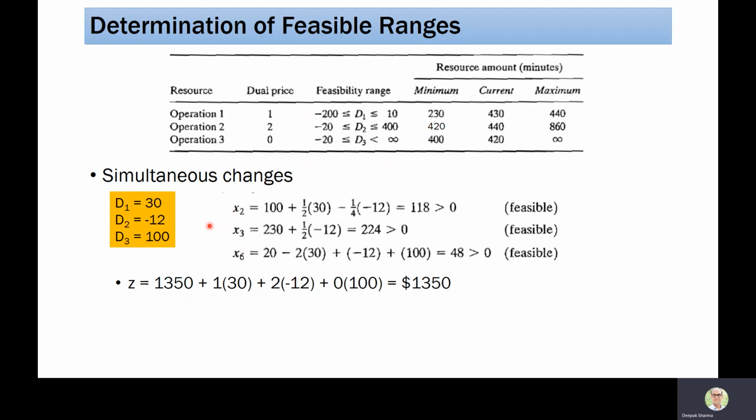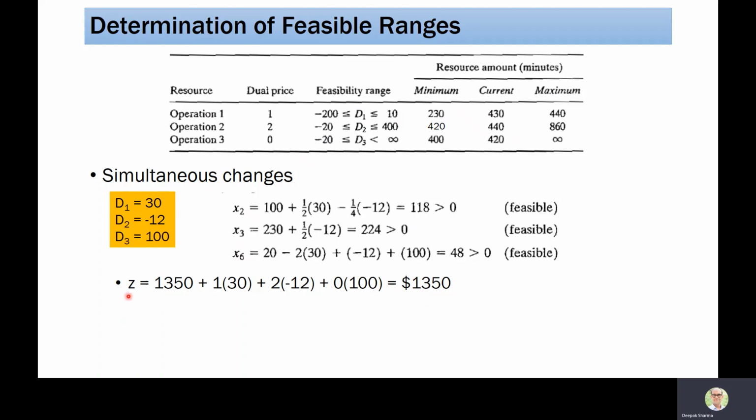But when I'm putting these D1, D2, D3 values, you can see the X2, X3, X4 values, all of them are feasible and there is a Z value we can calculate. So as I said, these feasible ranges are valid. So for operation 1, this is valid when there is no change in operations 2 and 3. Similarly this. But when we are doing a simultaneous change, we have to put these values in the equations of X2, X3 and X6. Then only can we check the feasibility. If they are feasible, we are going to accept the values of D1, D2, D3, and we can calculate the